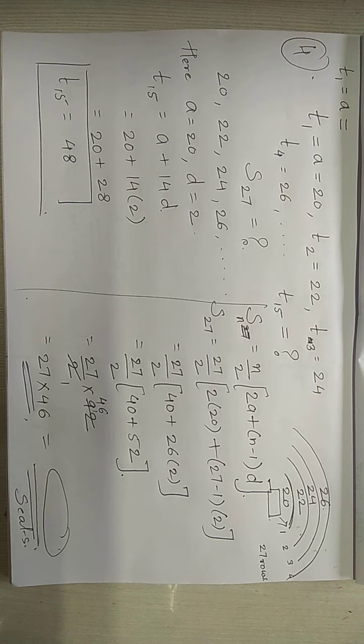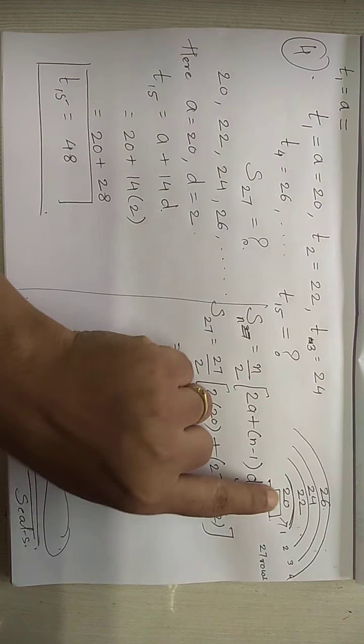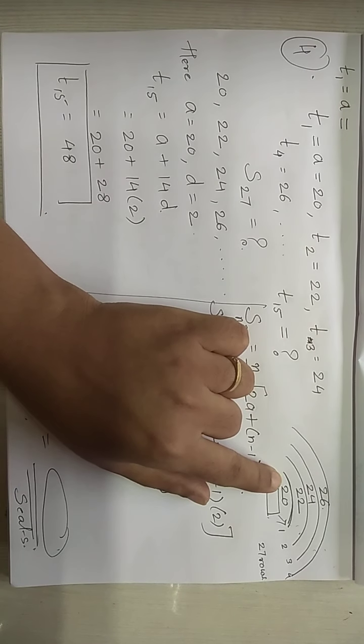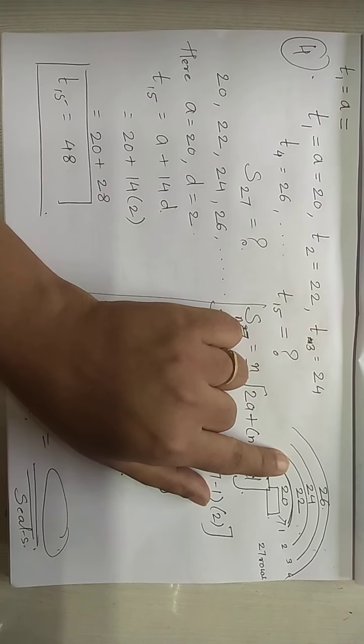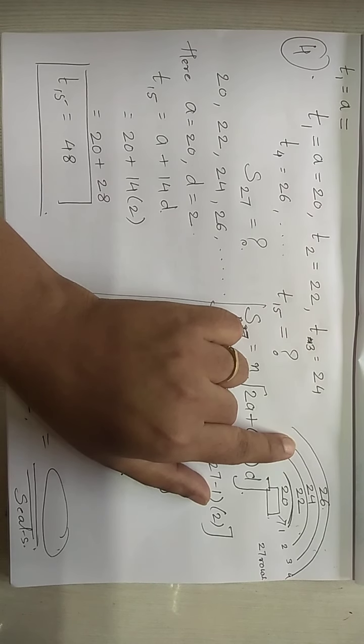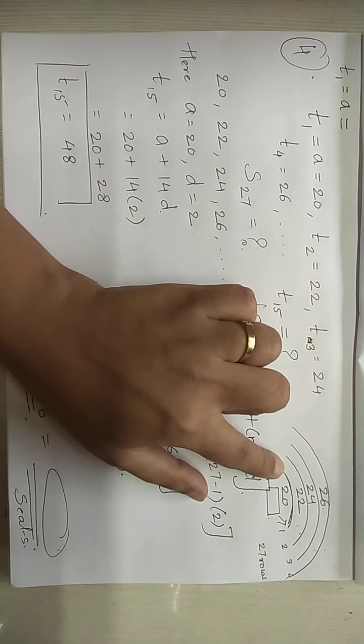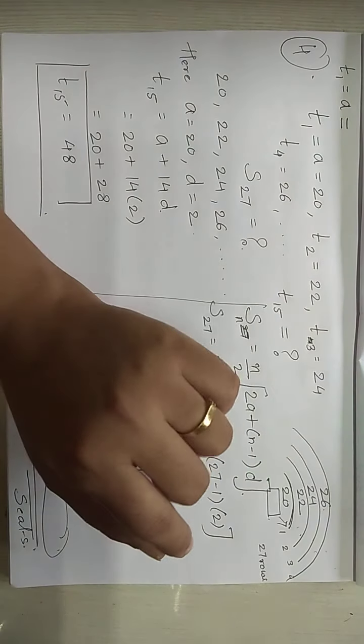Now exercise 3.4 question number 6, which you did the last sum in the video, was about tree plantation in a triangular field. Question number 4 is also on similar lines. A triangular kind of auditorium is there, or you can say the sitting arrangement in the auditorium is, there are total 27 rows like this. In the first row 20 seats are there, in the second row 22 seats, in the third row 24 seats, and so on. So in this manner there are total 27 rows, first, second, third, fourth, fifth, till 27 rows.